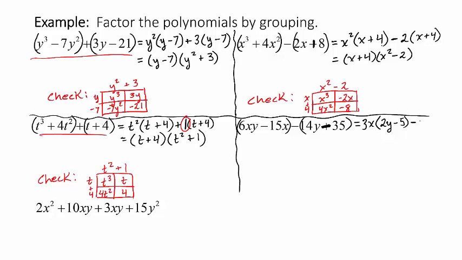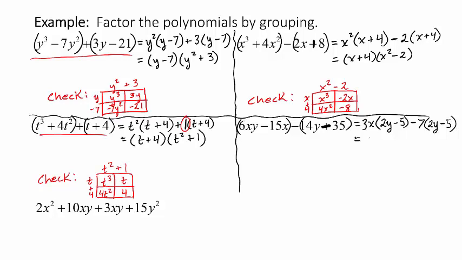So I can pull out a 7, and I don't have any variables to pull out there, right? So 7 times 2y is 14y, and 7 times minus 5 is negative 35. Or I might want to say that actually negative 7 times negative 5 is positive 35, because that was what our original expression was. Okay. So now,